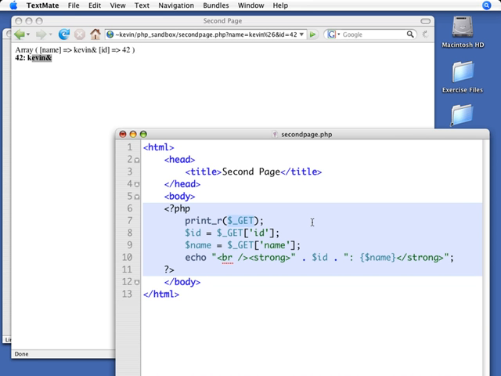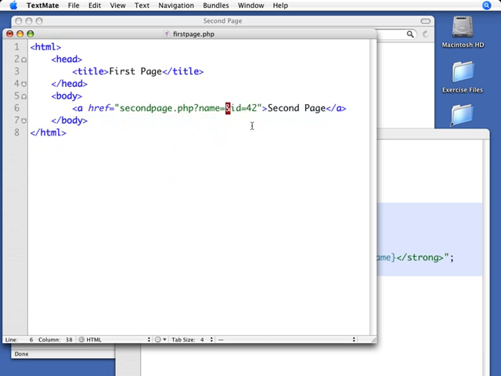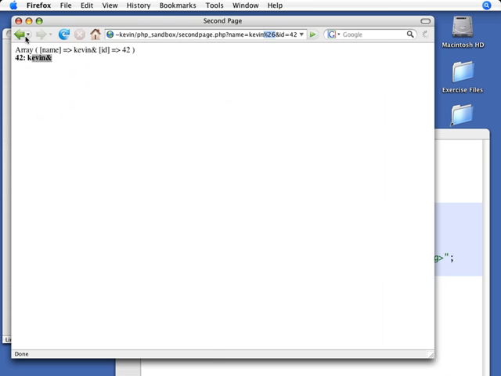So it's already done, and by the time we grab it out of GET, it's ready to go. A lot of servers are going to do URL encoding for you as well and handle it perfectly fine. For example, if instead of name, I had put something just like Kevin Skoglund in there, and then saved it. Let's try that. We'll go back to first page, and let's reload it. When I click it, it went ahead and brought Kevin Skoglund all the way over, and it did its own